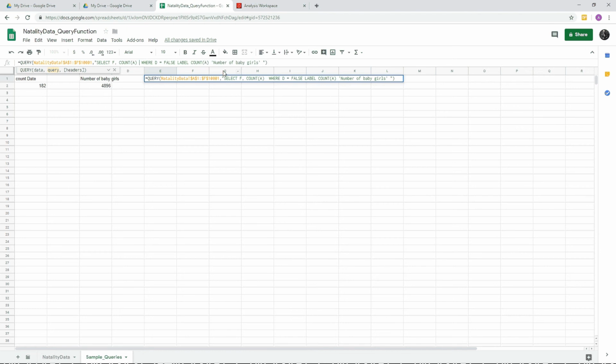We are also going to be grouping our results by, or aggregating by, that mother's age. So I'm gonna use the group by clause. I'm gonna specify column F for my group by, and